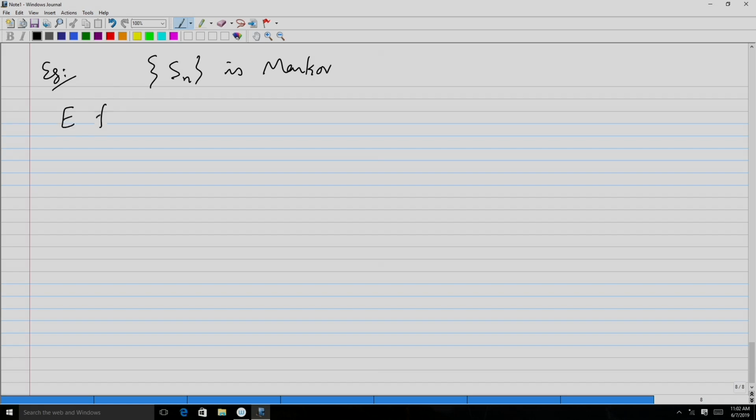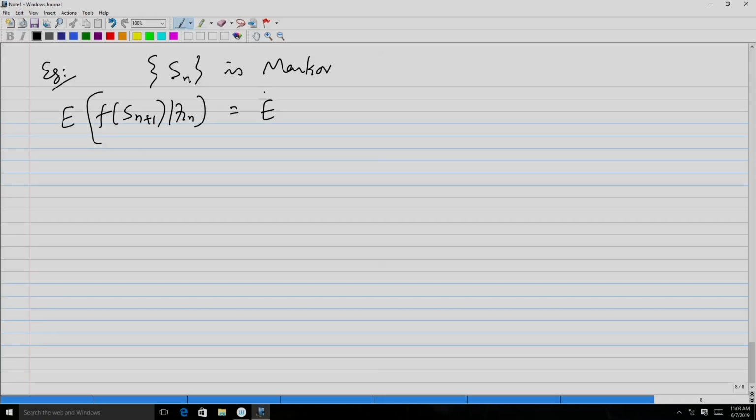So, we consider the expectation of some function of s n plus 1 given f n. But now you see that you are writing it as some function of s n plus 1, which is neither measurable with respect to f n nor independent of f n, right, that is clear. This is the first n plus 1 coin toss, it depends on the stock price at n plus 1. So, it is not independent of f n, and also it is not f n measurable. So, we need to figure out a way how to do that. This trick is what generally you will use. So, you can write s n plus 1, okay.